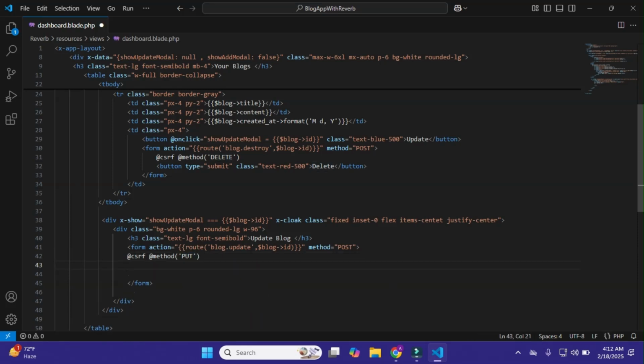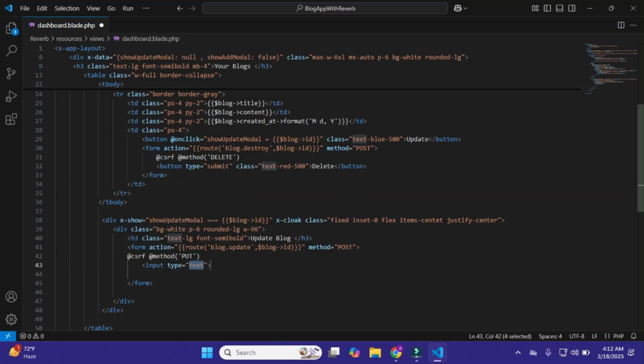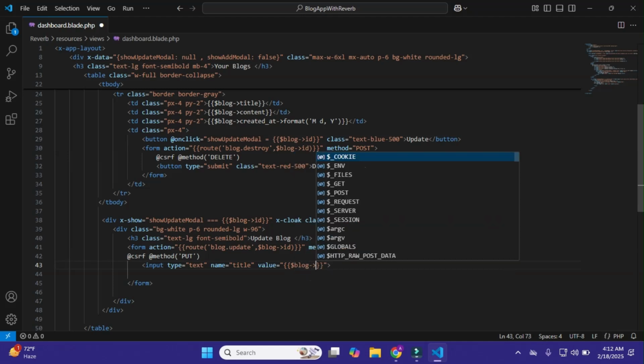Okay, and input type text, and name title, and value is $blog->title.